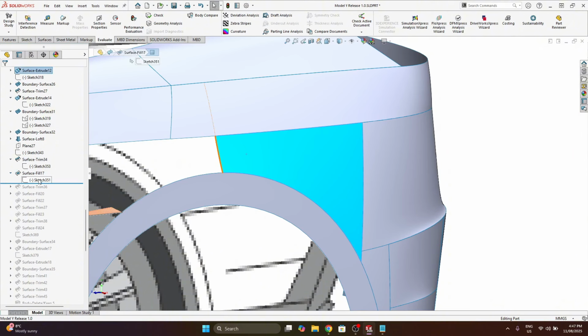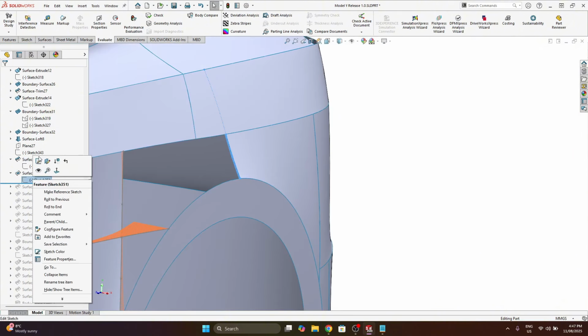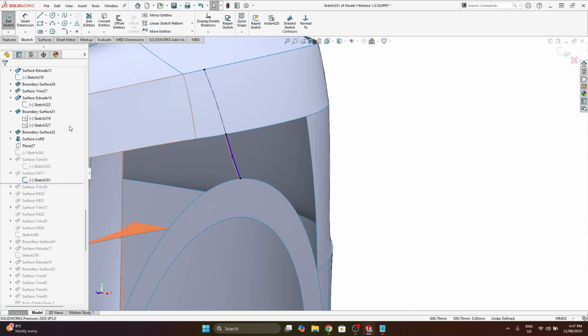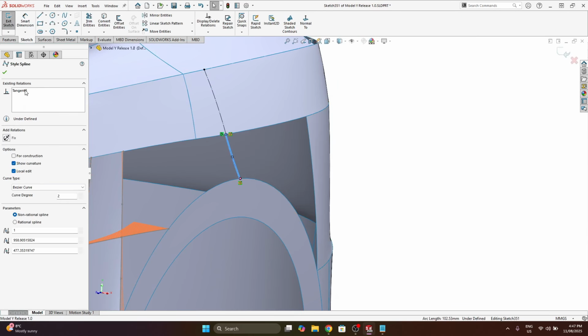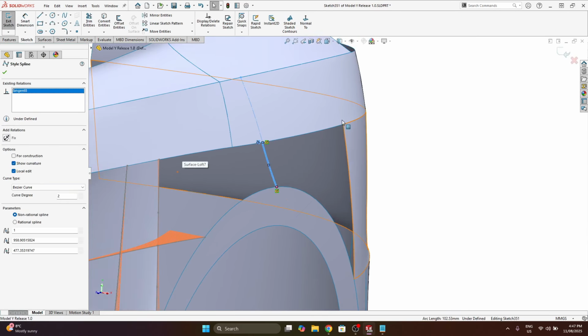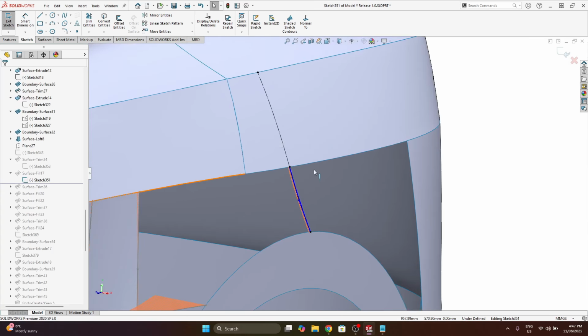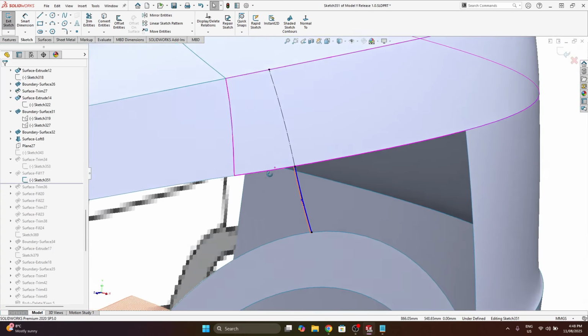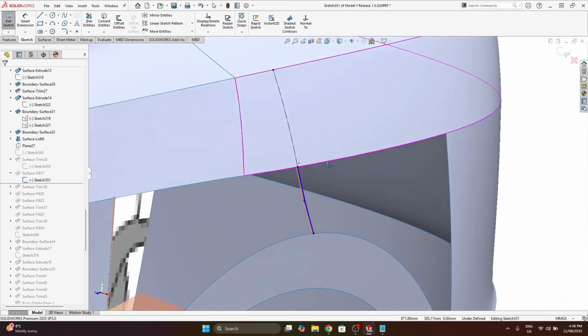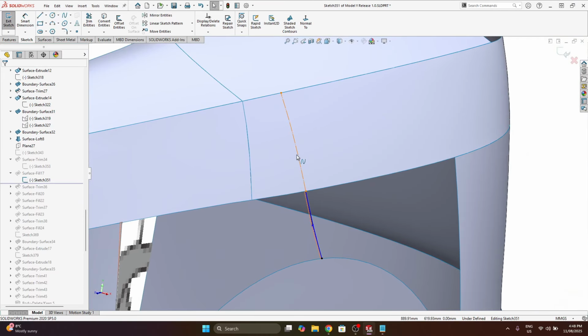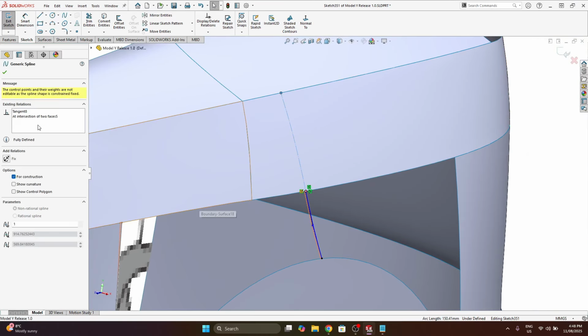Here I've done a surface fill, a sketch. Again, I can go into this sketch and select it to see if there's any relation. So there's a tangent relation here. I have done this in the same sketch, which is a bit easier to see. It's a bit nicer. But this is my guide curve, and if I click it, it's at the intersection of